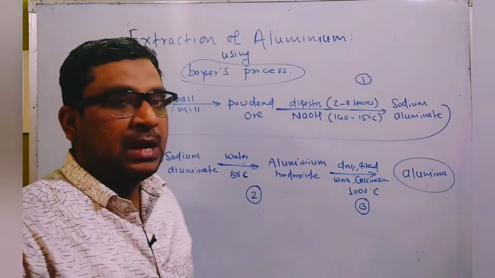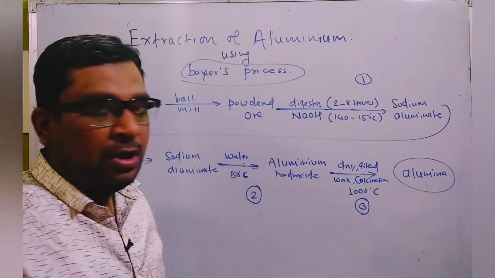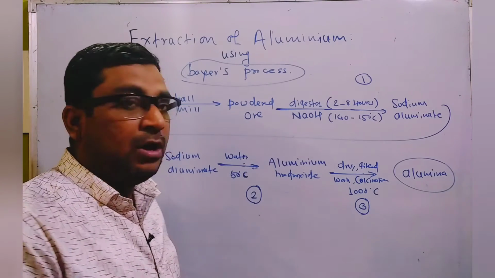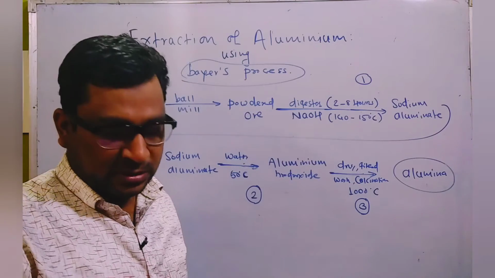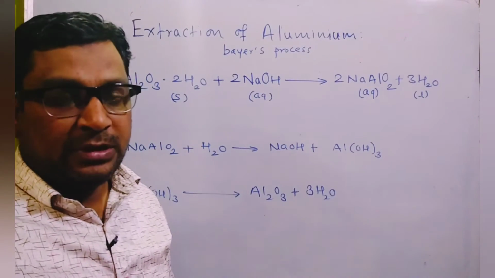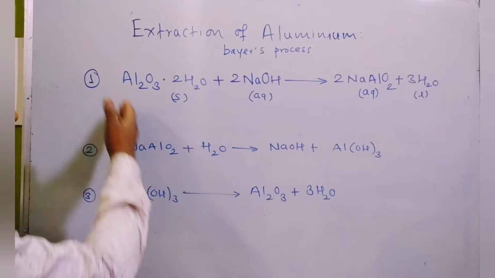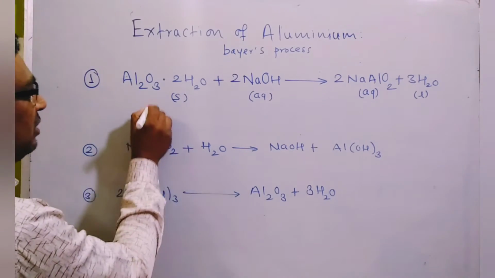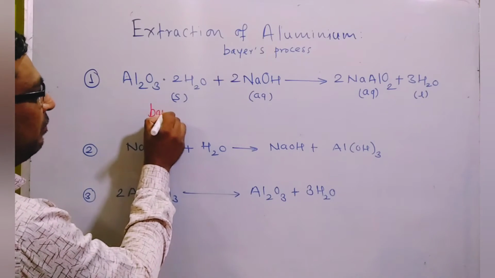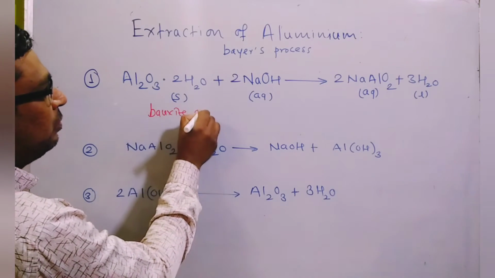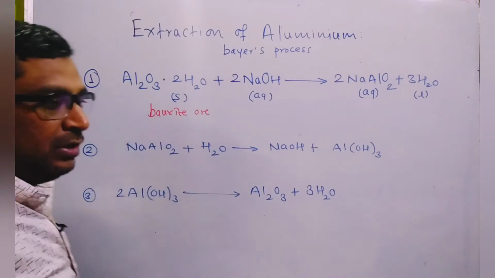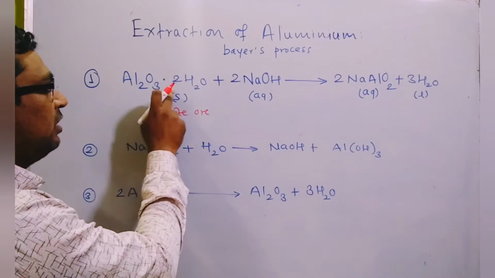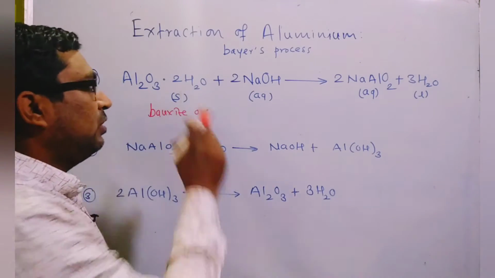So right now it's time to write all 3 reactions on the board to see how alumina is formed, in the form of molecular formula and molecular structure. Okay. So as I told you, there are 3 different stages, and of course here also there are 3 chemical reactions. In the first step, first of all we have this bauxite ore. What is the molecular formula for bauxite? This is bauxite ore, which we convert to powder format using a ball mill. This is bauxite Al2O3.2H2O, which is in solid form.